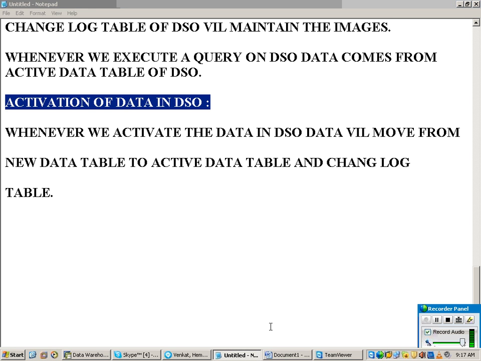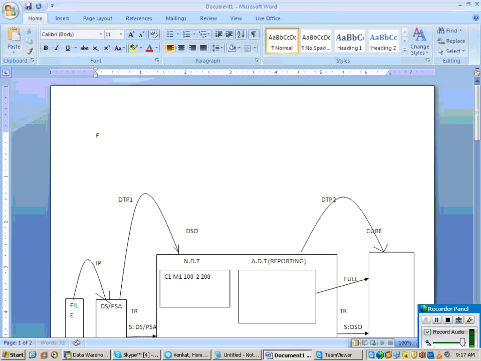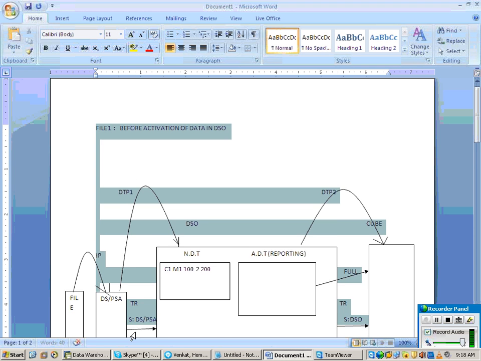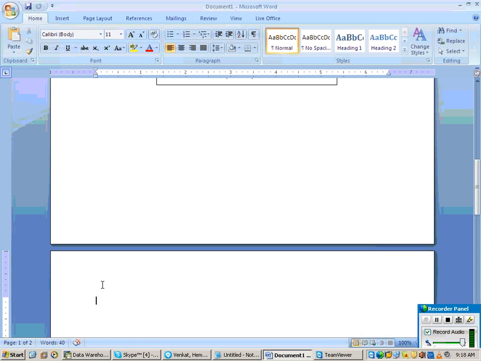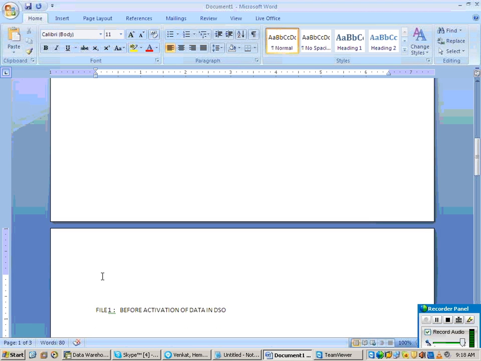Right now, this is your file 1. This is how data looks in DSO, file 1, before activation of data in DSO. Now, let us say later on I am performing a process called activation of data in my DSO.